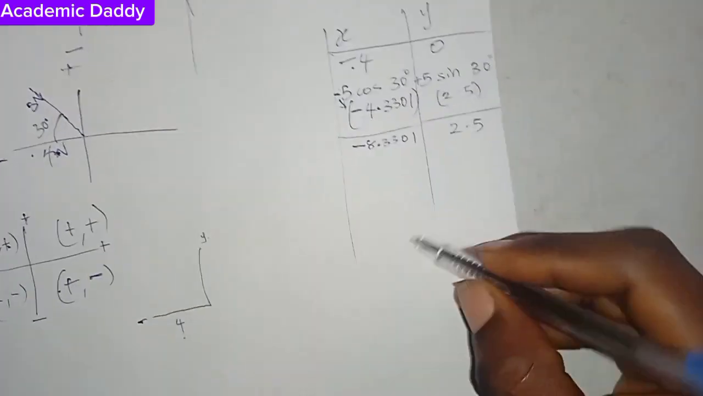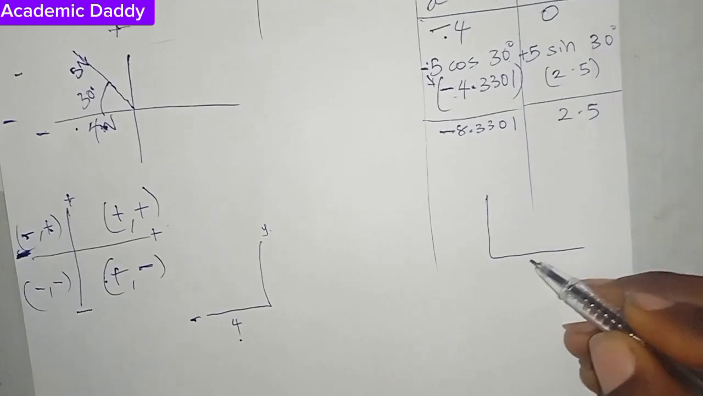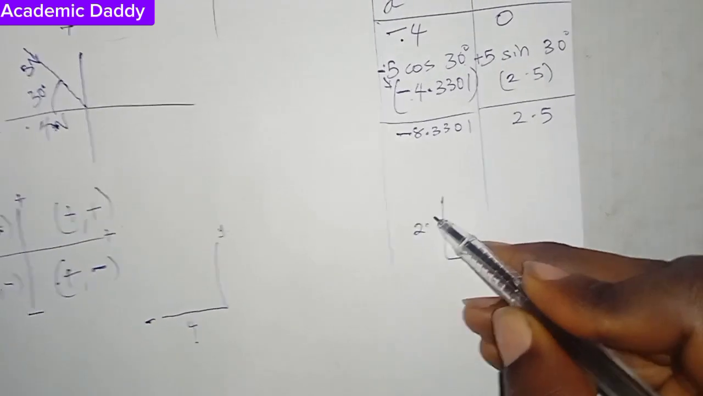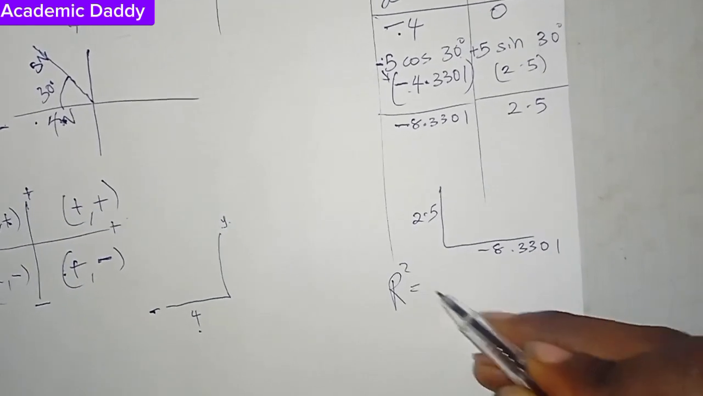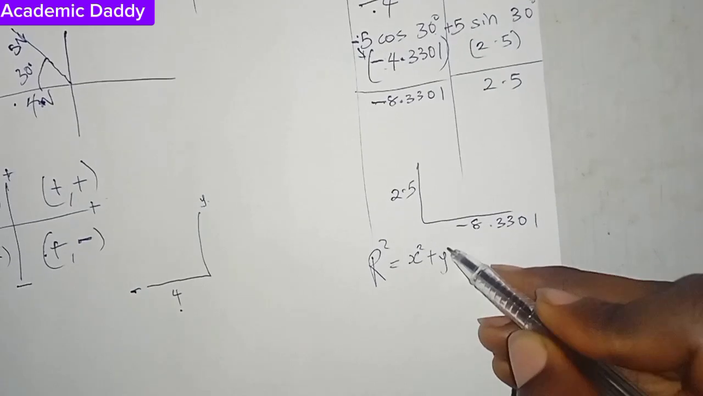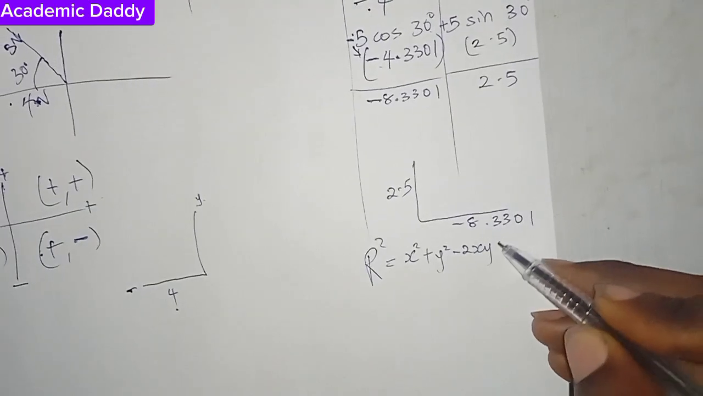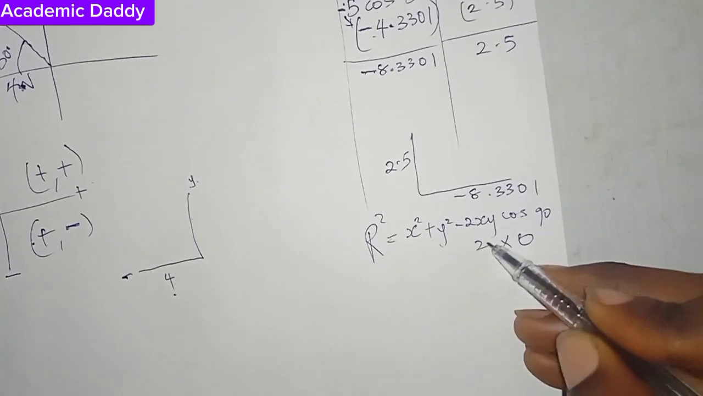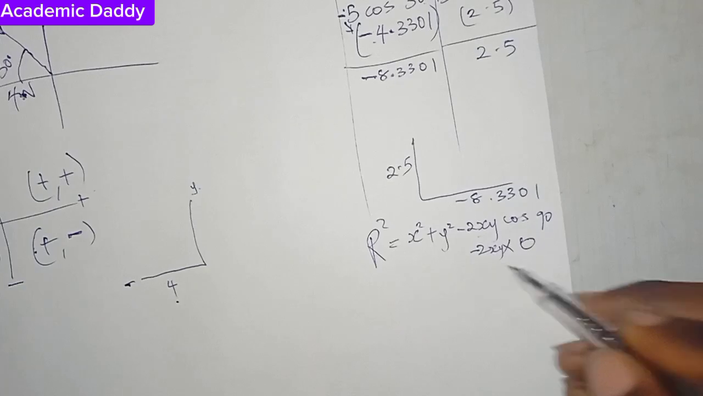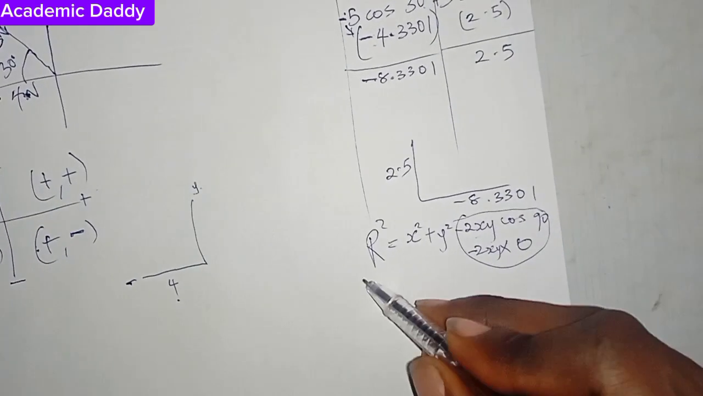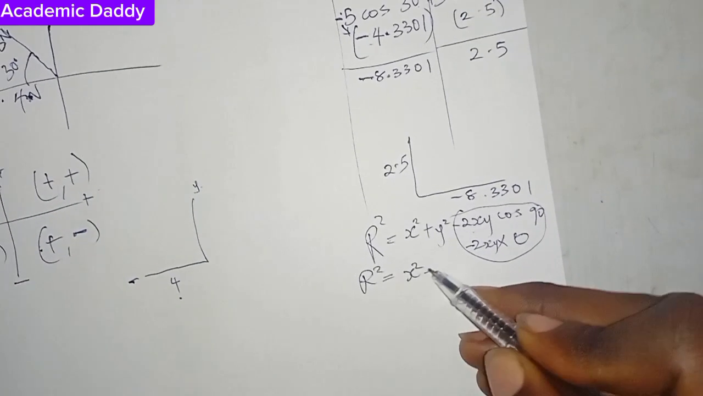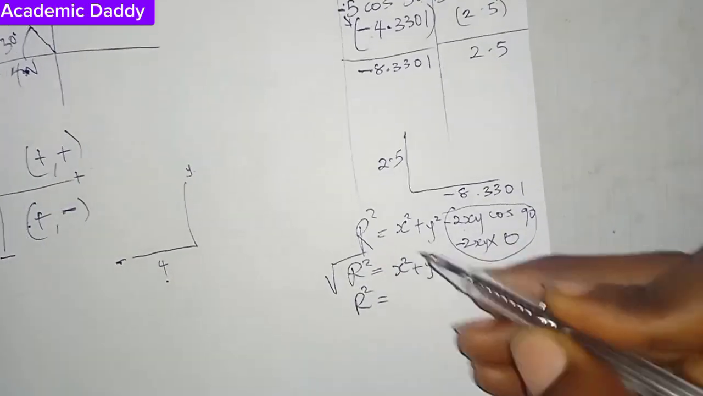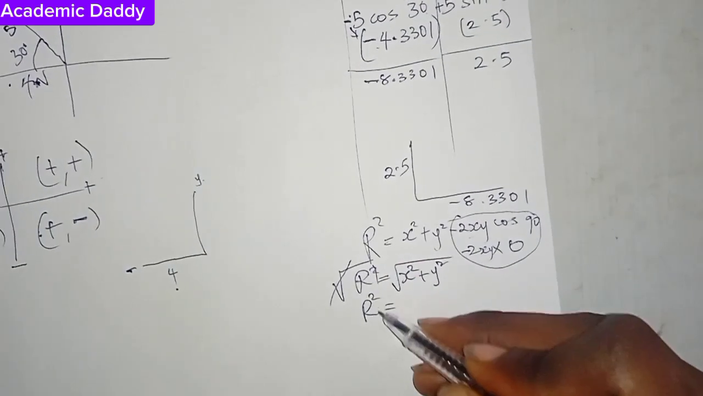So once I've gotten x and y, is the same thing as saying I now have x to be minus 8.3301, then y to be 2.5, and r squared equals x squared plus y squared minus 2xy cos 90, because this is at 90 degrees, and cos 90 is 0. 0 times 2xy, anything times 0 is going to be 0. So r squared is simply equal to x squared plus y squared, and if you take the square root of both sides, this will cancel this. So r